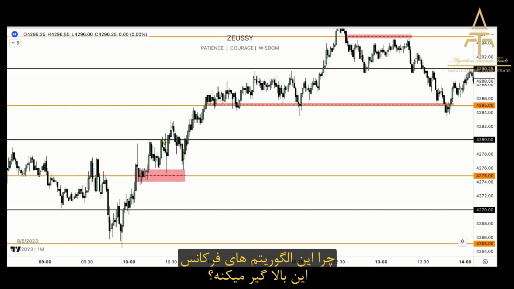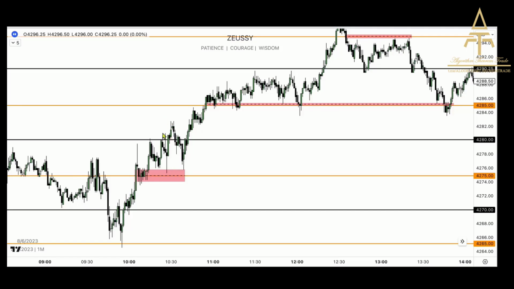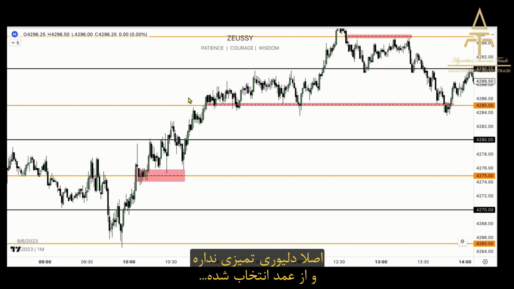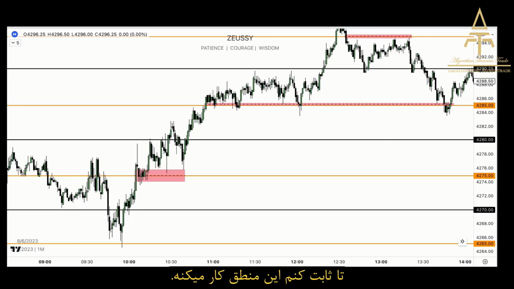Why were there high frequency trading algorithms that probably got stopped out on this run lower? They would have bought it right here the moment that price broke above it, because the time wasn't right yet for the market to expand. More liquidity was required, and this is by no means clean delivery. I've chosen to basically showcase to you rather choppy delivery just to prove to you that the logic works and